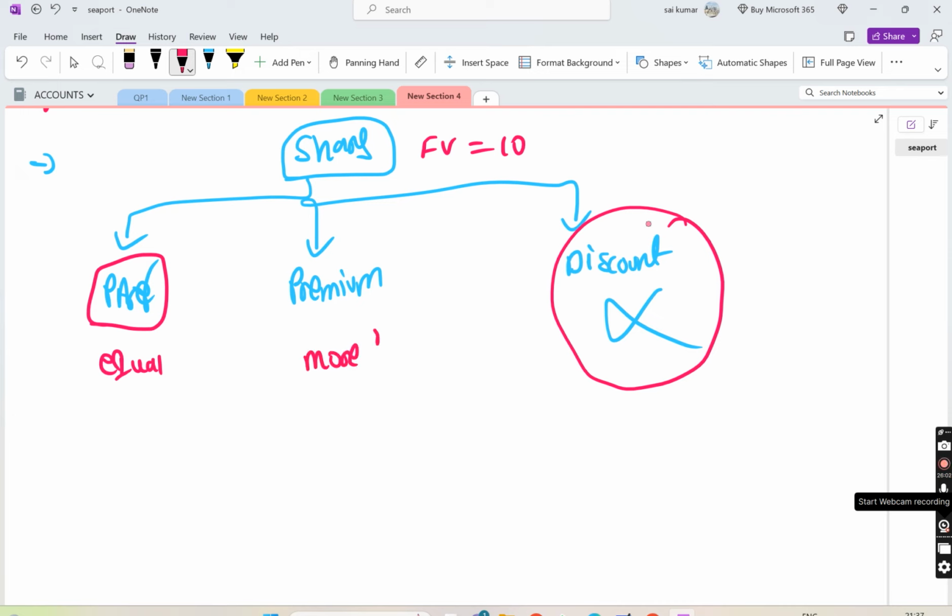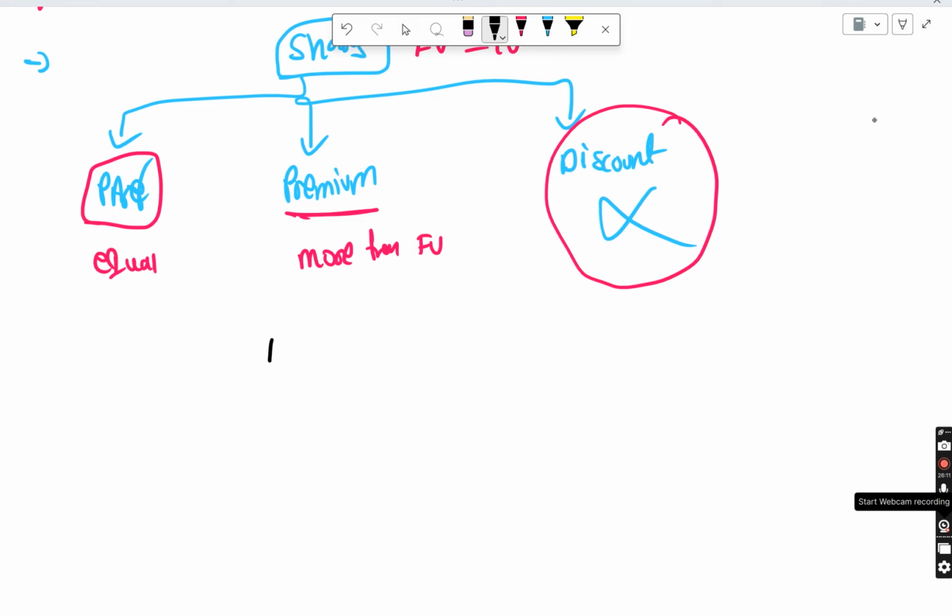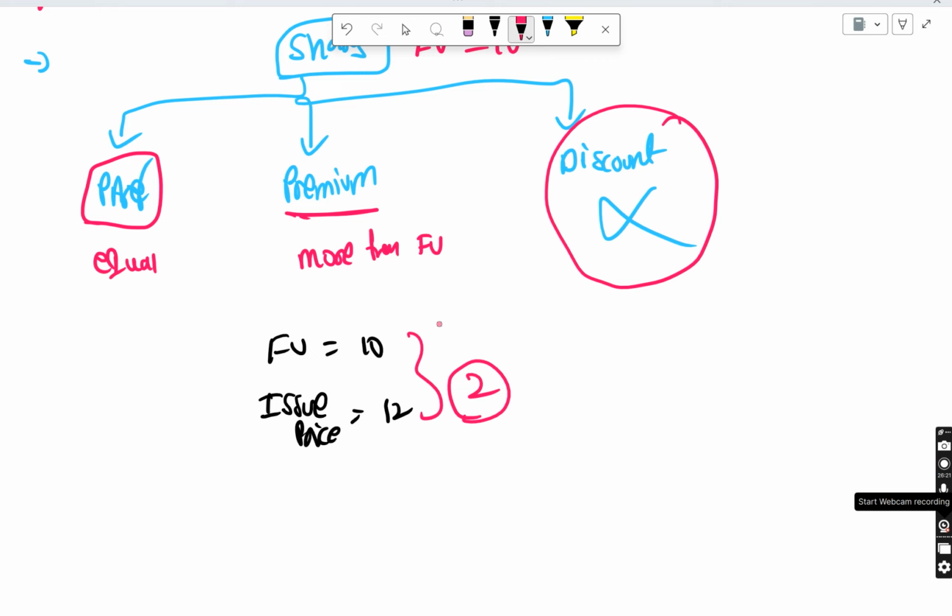If it is more than the face value, it is premium. Now whatever the premium, let's just say the face value is 10 rupees and the issue price is 12 rupees, this 2 rupees is going to go to a separate account called securities premium